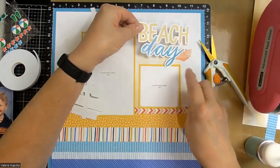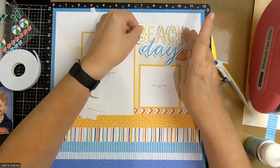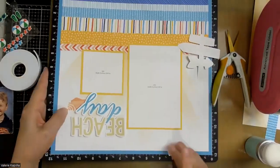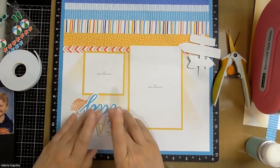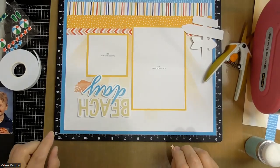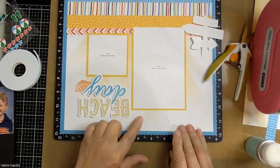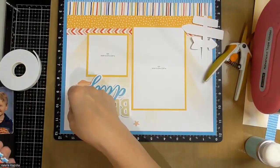This is going to go with the bottom of the Y, just slightly overlapping the photo mat. And I want to just turn this to make sure I'm getting it straight. Ooh, not bad. Okay, and while I'm here, I'm going to grab a pink starfish, and that's going to go just above the point of the B, and another blue rubber star beside the H,